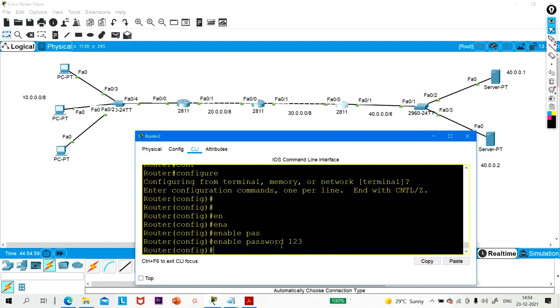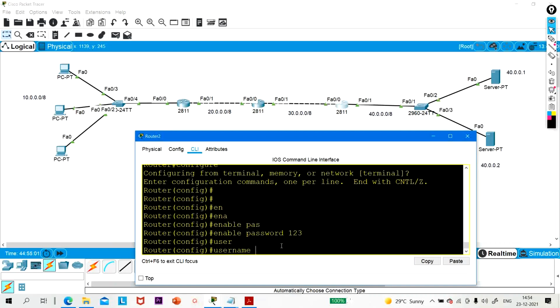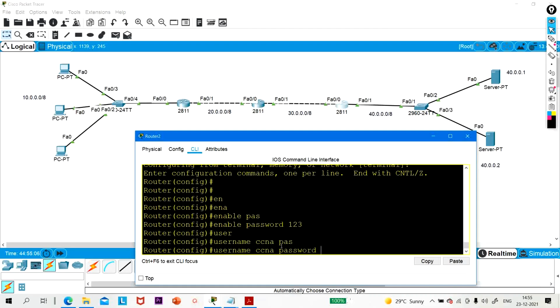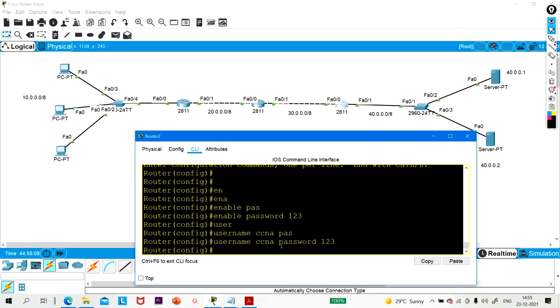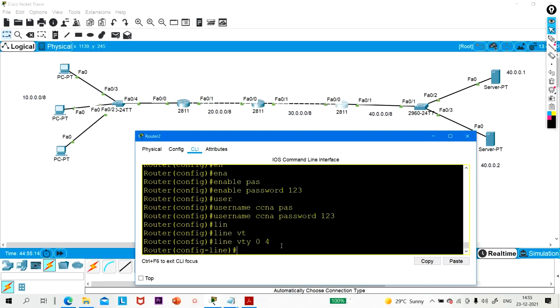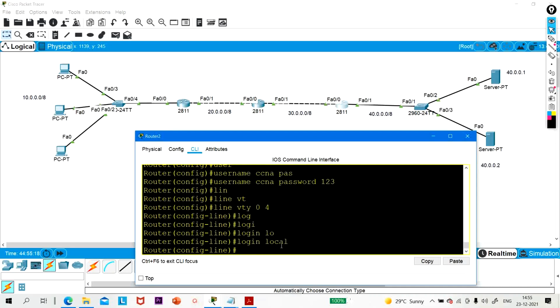Just suppose the username is CCNA and again the password is 123. Right now, line VTY 0 4, login local, password 123. Fine. Exit.